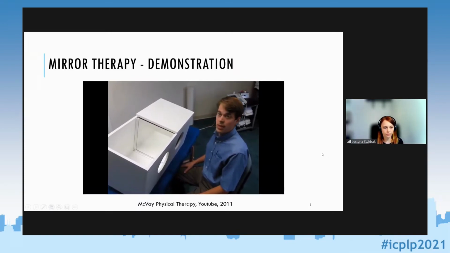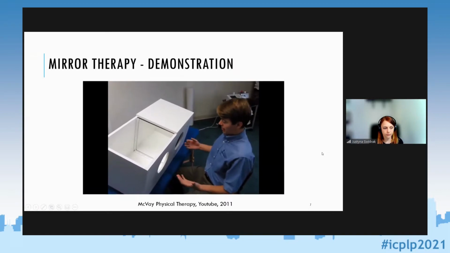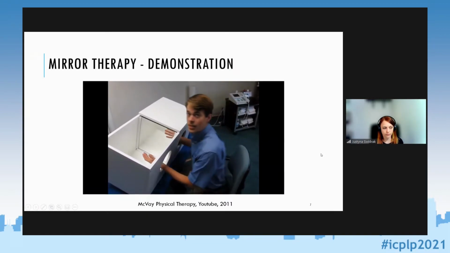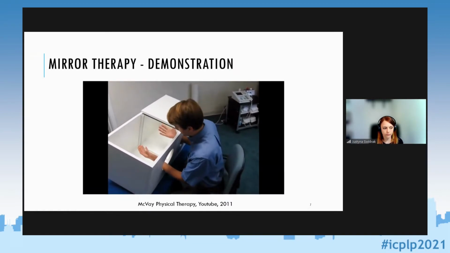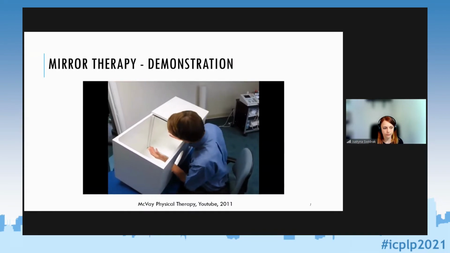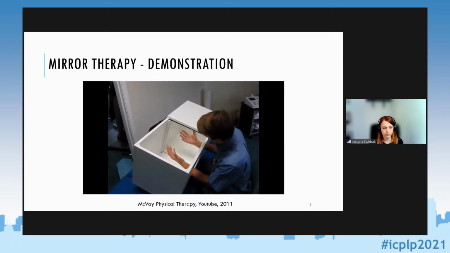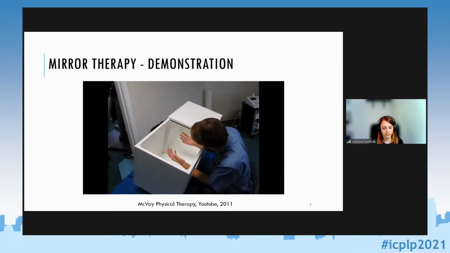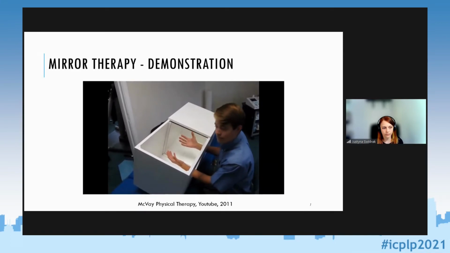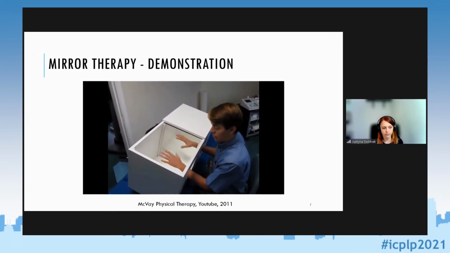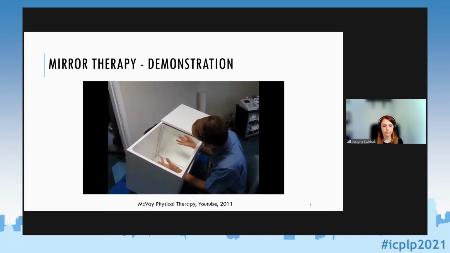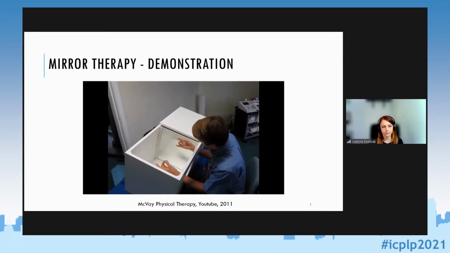So what we would start with is we'll take the involved hand and put it into the closed side of the box, and we'll take the non-involved hand and put it into the side where we would see the mirror, and then lean toward the side so that we could see both hands looking the same. And then we're going to visualize on that to start out with, so we might just concentrate on this for a period of time and then build from there to actually doing motions like pronation, supination, making a fist, coming out, touching each digit,